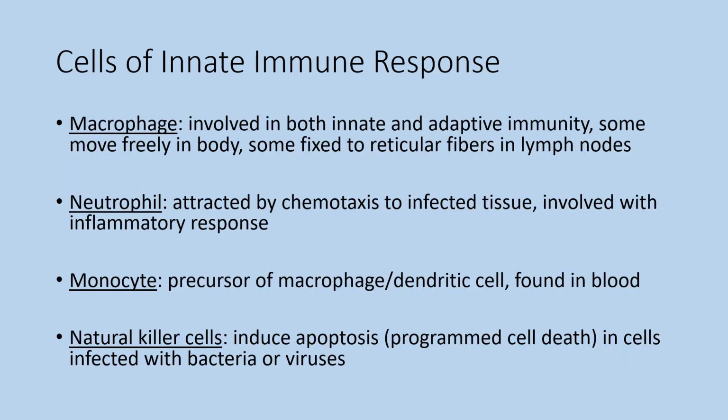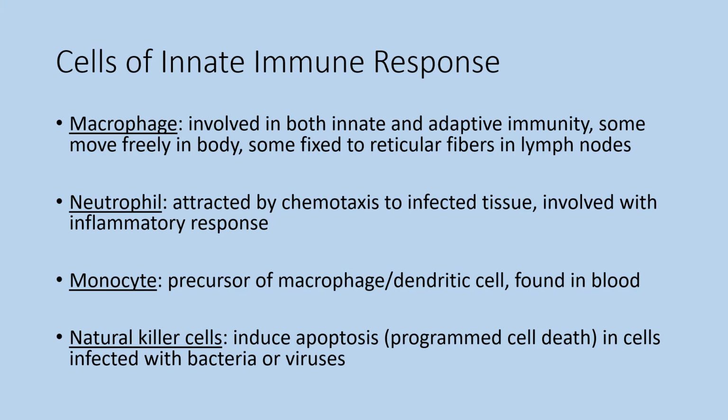In terms of the cells of the innate immune system, you've got macrophages. These are going to be involved in both the innate and the adaptive immune system. Some of them are fixed on those reticular fibers that I mentioned in the lymph nodes. Some of them, they'll move very freely in the body. So they can move around kind of on surveillance, looking for any type of foreign